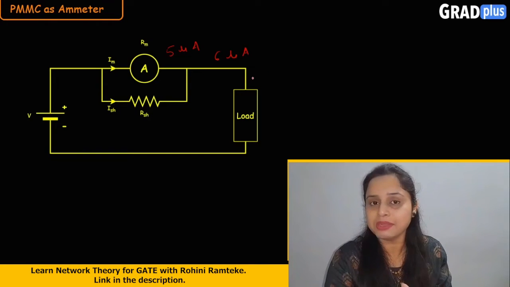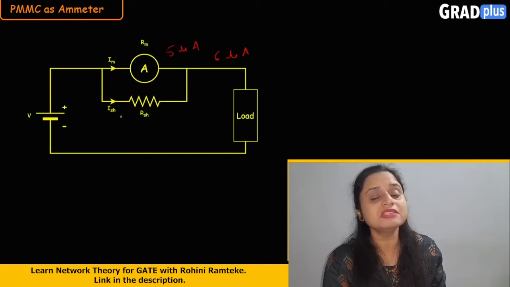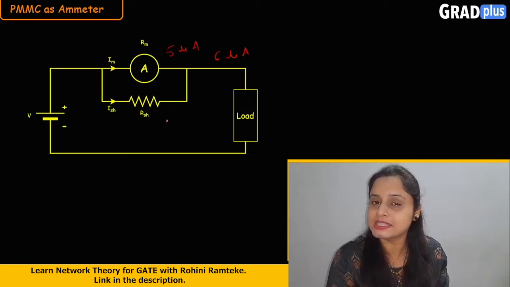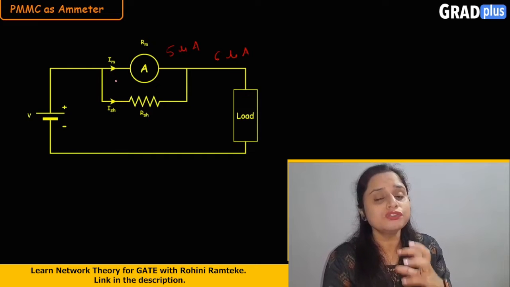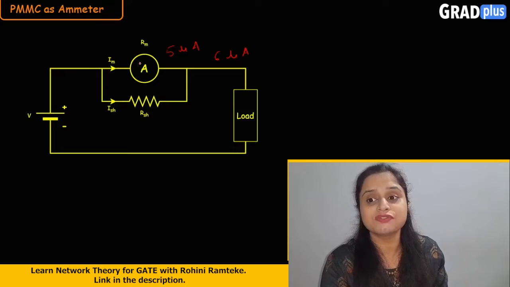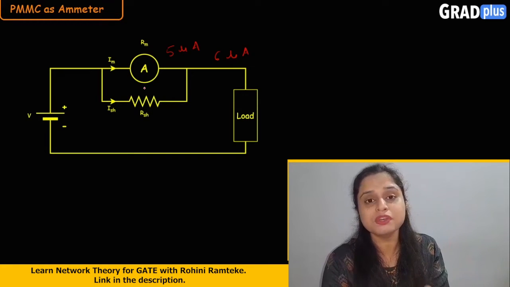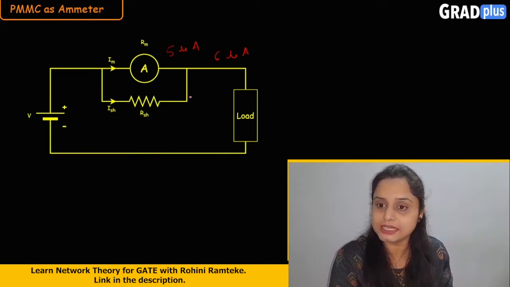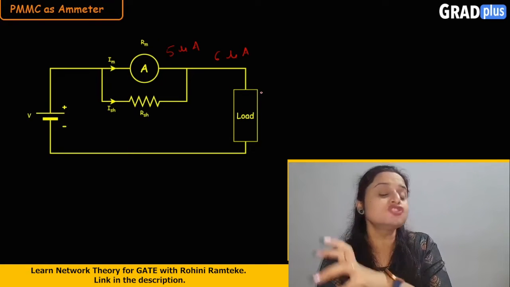without damaging the ammeter. So what we are doing here, we are connecting one resistance in parallel with this ammeter, that is known as the shunt resistance. What is the purpose of this shunt resistance here? The extra amount of current will get bypassed through this resistor. That means 5 microamperes of current will be flowing through this ammeter because that is the range of that ammeter, and the extra 1 microampere of current will be bypassed by this resistor, that is nothing but your shunt resistor. And the load requirement, that is your 6 microamperes of current, will reach the load.